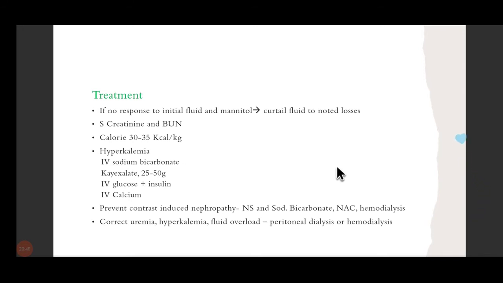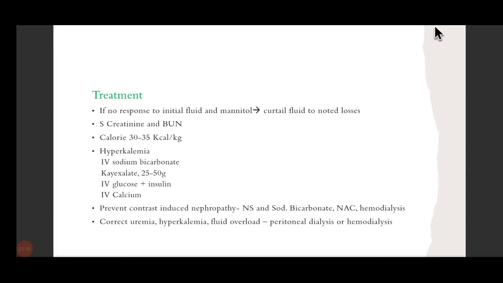So the treatment here is, if there is no response to initial fluid and mannitol, you have to curtail the fluid to noted losses. You really have to be sensitive about how much fluid should be given to the patient, and that you calculate based on the urine output. And there should not be any extra fluid administered to the patient. So you get the serum creatinine and blood urea nitrogen on a serial basis. You should maintain a calorie intake of 30 to 35 kilocalories per kg body weight, because the patient may end up